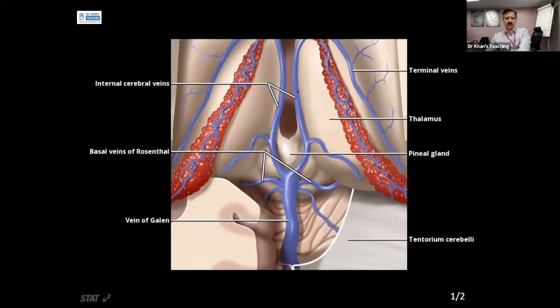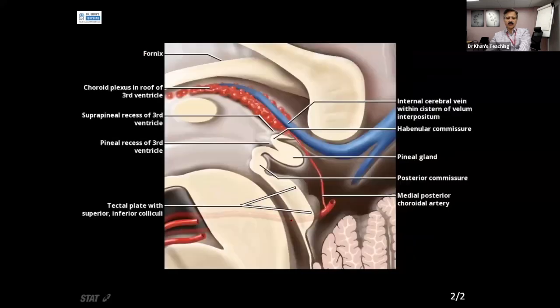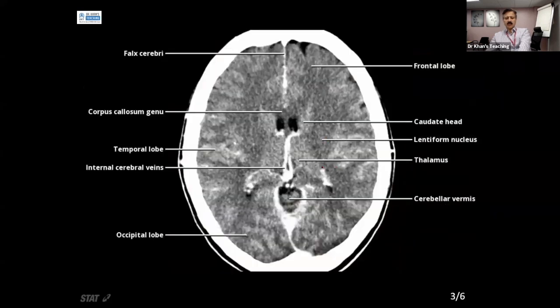Internal cerebral vein, thalamus. They are joining together. This is the pineal gland, and they will make the vein of Galen. So this space here is the cistern of velum interpositum. It is not draining, but it is in communication with the quadrigeminal cistern. And this per se can come in your exam,